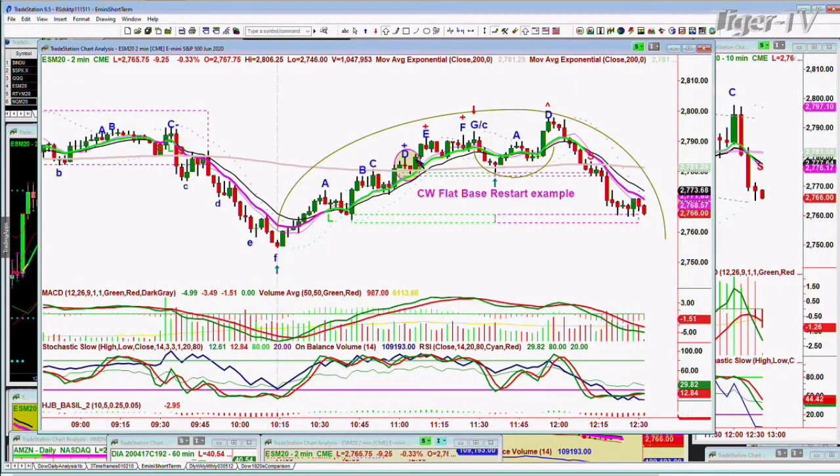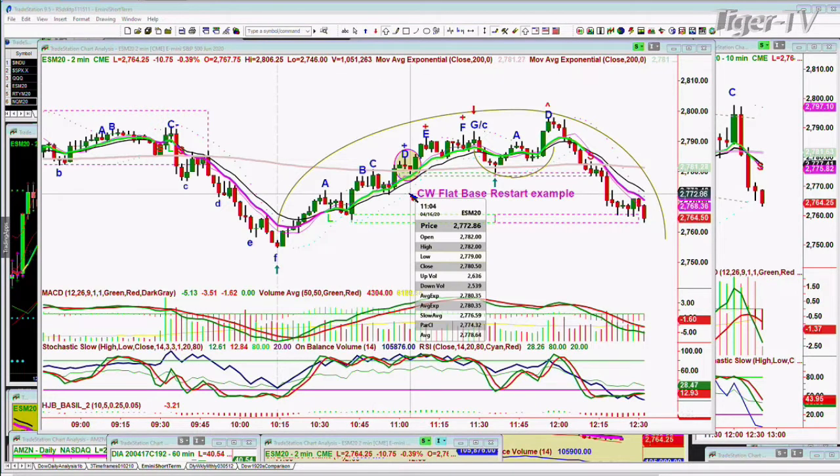Hi, folks. Remember we talked about the ChapmanWave flat-based restart. This is where you get the ChapmanWave instant restart at the peak D. You quickly move higher. Your alternate wave counts. I had a whole thing on the G/C that you can still get a cup formation that eventually makes the D with the technicals weakening, not strengthening. Then it pulls back, and if it pulls back in the ChapmanWave flat-based restart, it can go underneath the original trough after D, which was